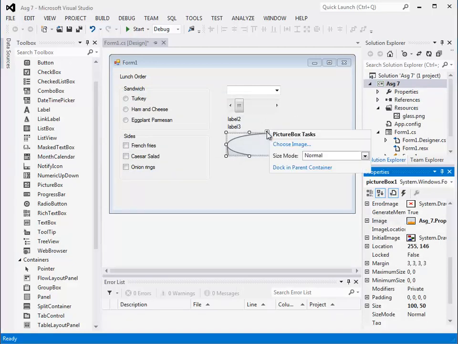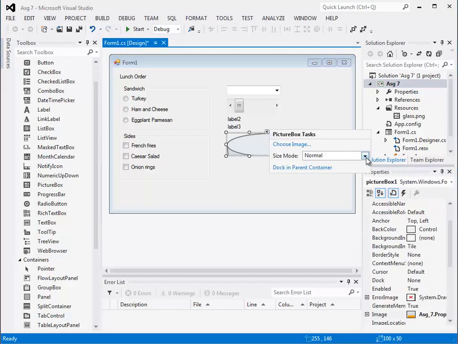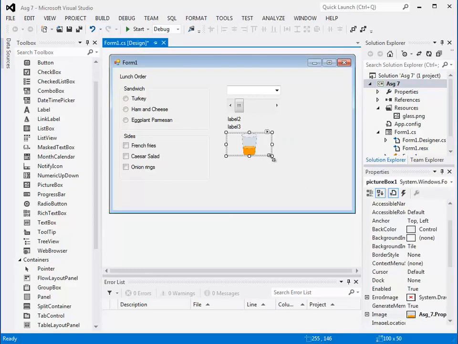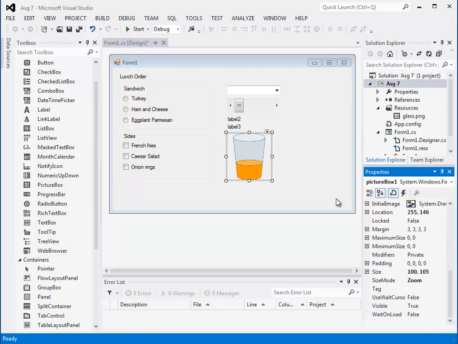I'm going to change this so that if you click on it, there's a little triangle up for menu selection, and I can select this to zoom, and it'll zoom based on the size of my control here. Now I can also go down and check what size that is. Size is given by an X and Y coordinate, so right now it's 100 by 105 as the size, and I can actually make it smaller here, like about 87 by 1. So again, I can change the size to different things, and I can kind of watch what sizes those are. Okay,